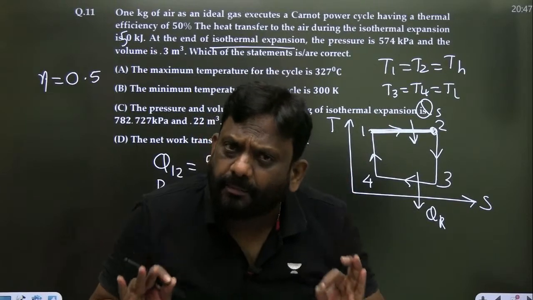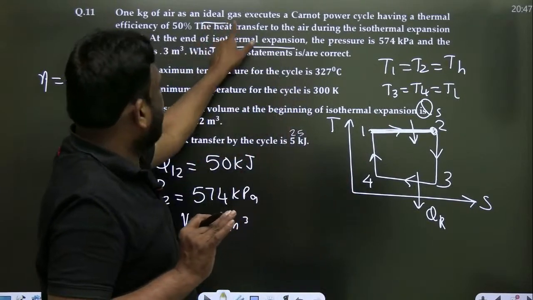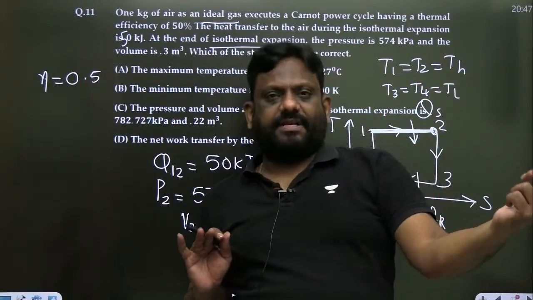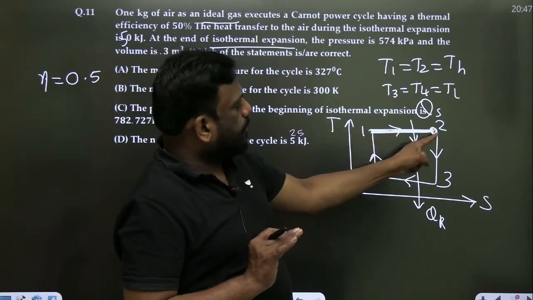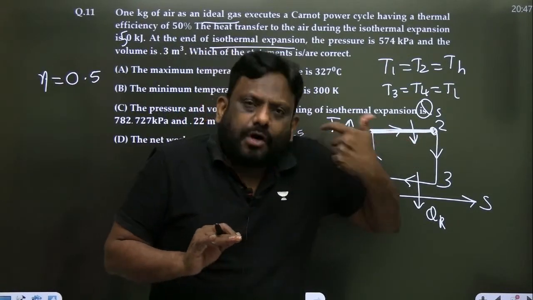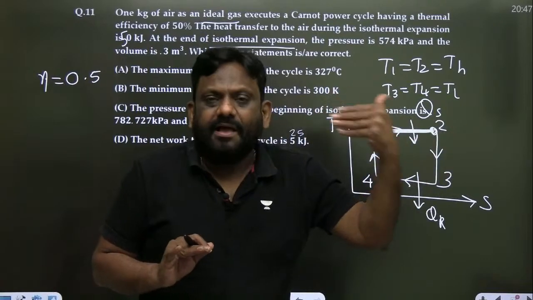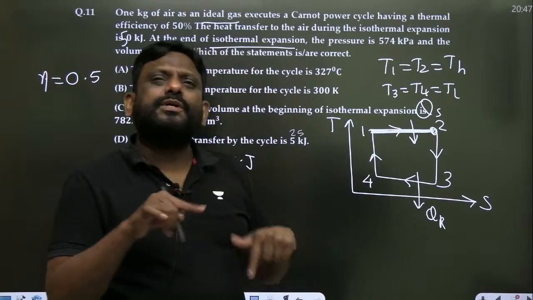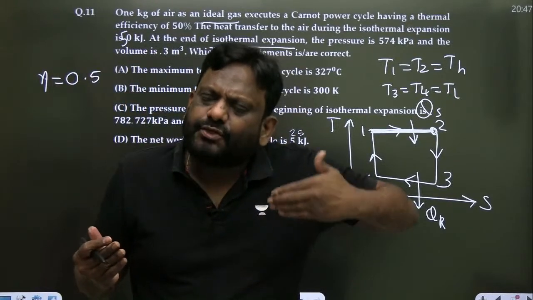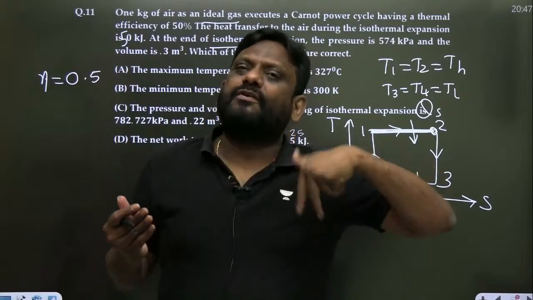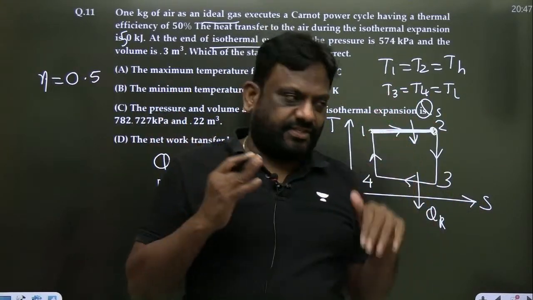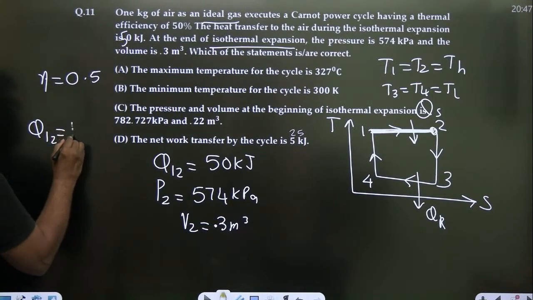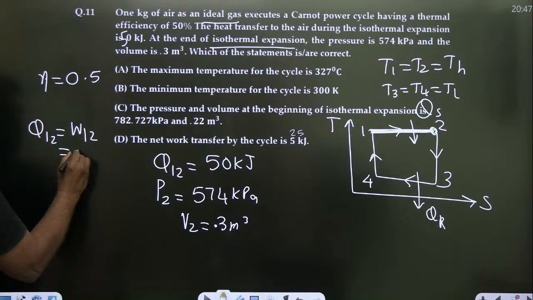In an isothermal process, and moreover, it is an ideal gas. For an ideal gas, internal energy is a function of temperature. So during isothermal process, as the temperature is constant, the internal energy is constant. When internal energy is constant, the change in internal energy is zero. So can I write dQ is dU plus dW? Yes. So for an isothermal process, heat transfer is also equal to what transfer? Yes sir, work. So देखो, heat transfer in 1 to 2 is also equal to work transfer in 1 to 2, and that is given as 50.